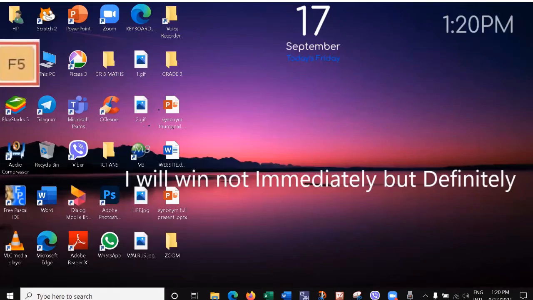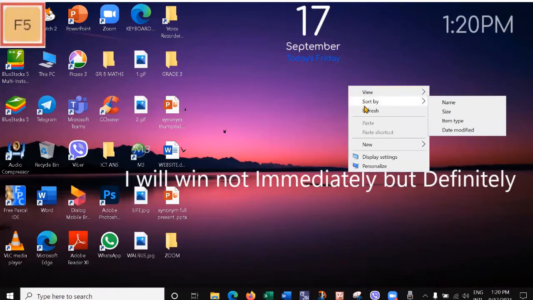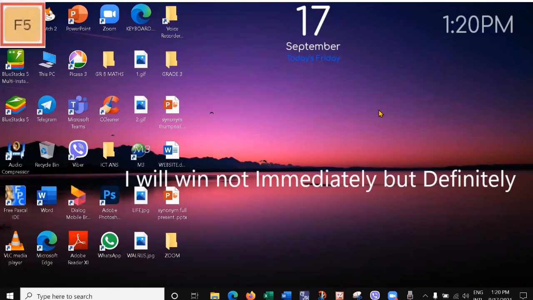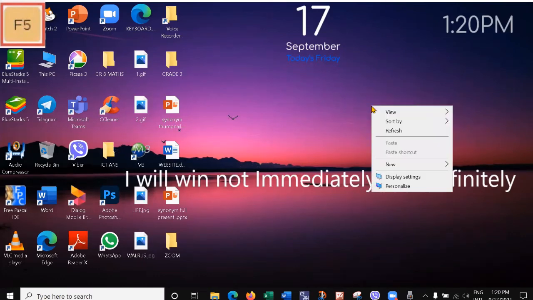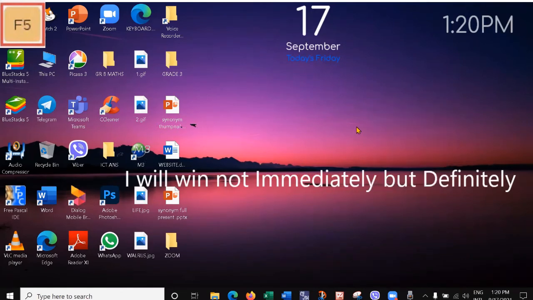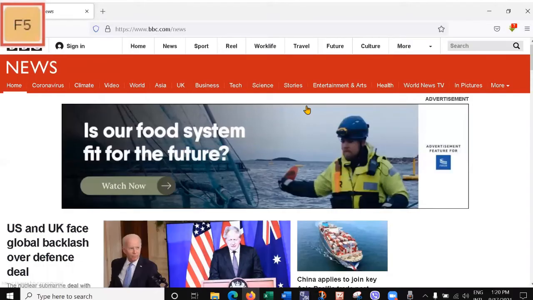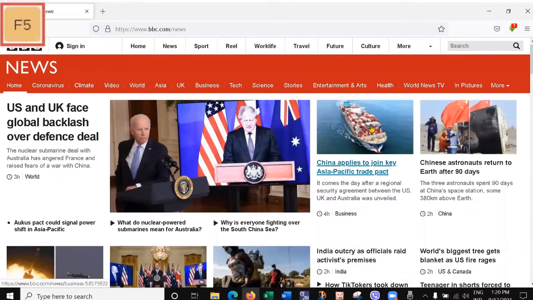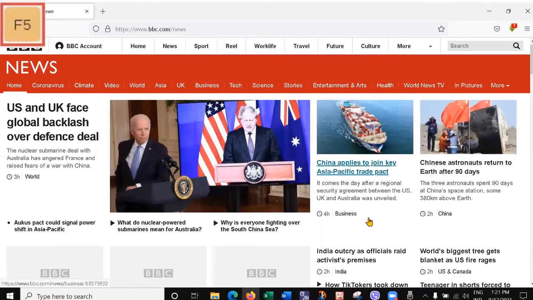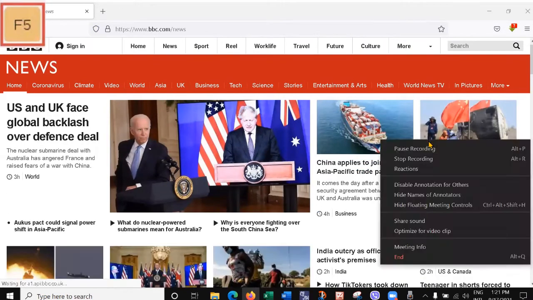Next we are going to see about the F5 key. When a page or web browser doesn't load, we press the refresh menu, obtained by right-clicking the mouse, and then we can reload the page. To do it directly, press the F5 key. Without wasting our valuable time, we can refresh our active web pages or documents easily.